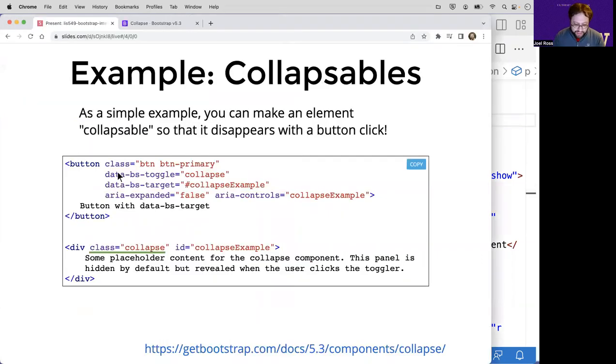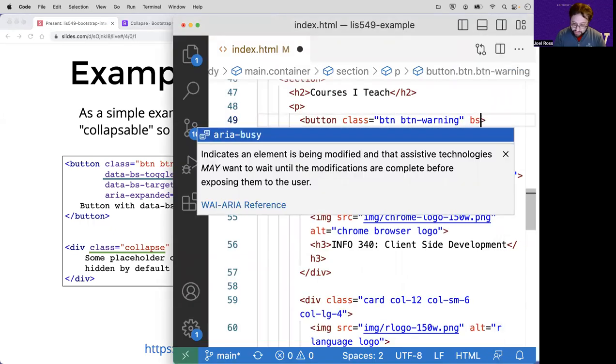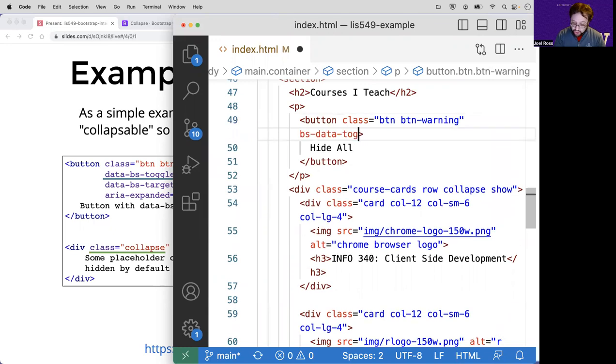And the name of the attribute we're going to give it is this guy, data-bs-toggle, given the value of collapse. All right, so I'm going to add that as an attribute. So this is going to be data-bs-toggle equal to collapse. And this attribute, oops, sorry, got it wrong. It's data-bs, not bs.data. So this attribute here is going to tell the button that